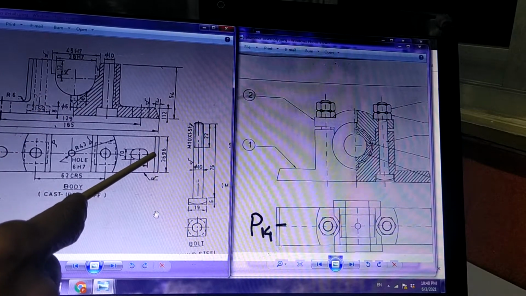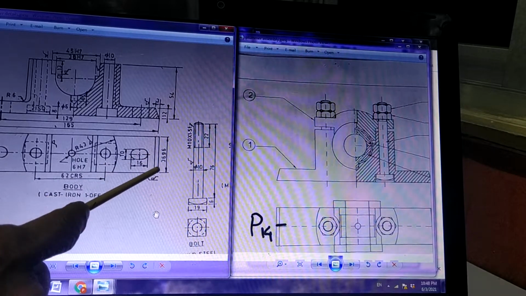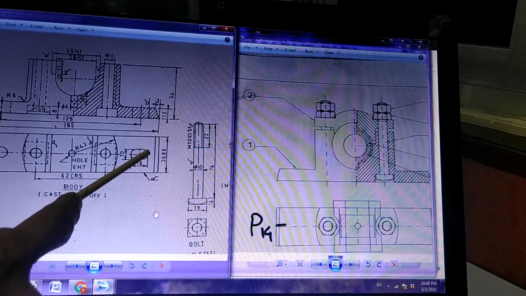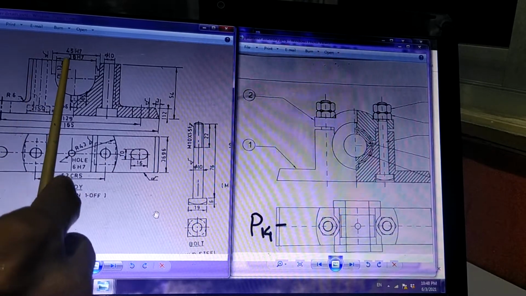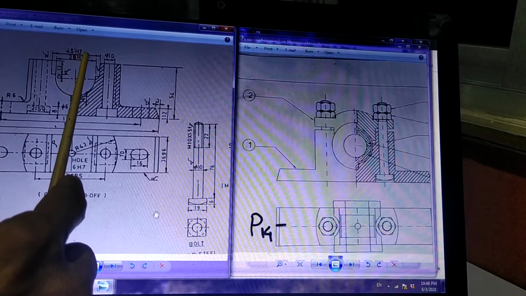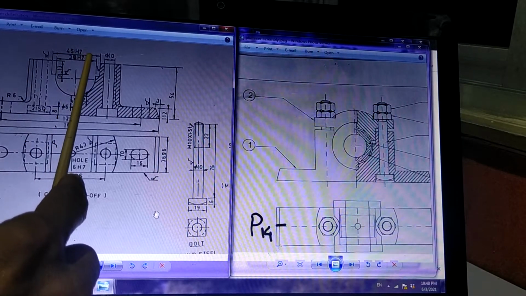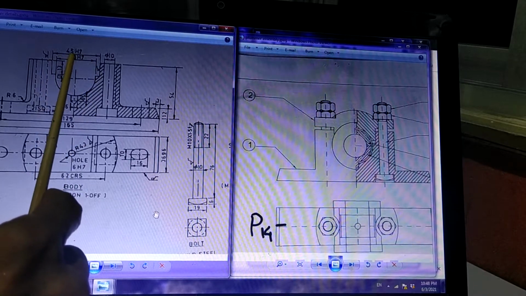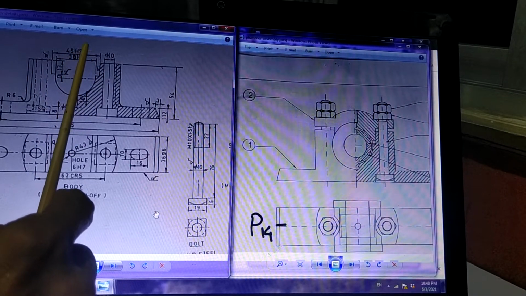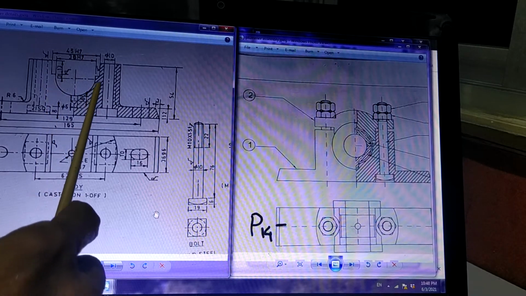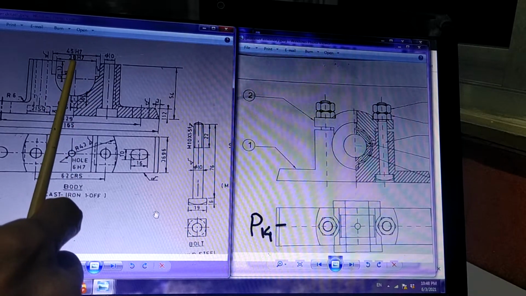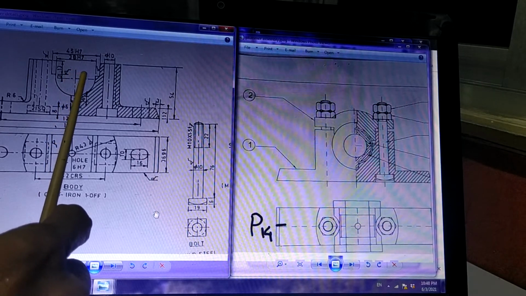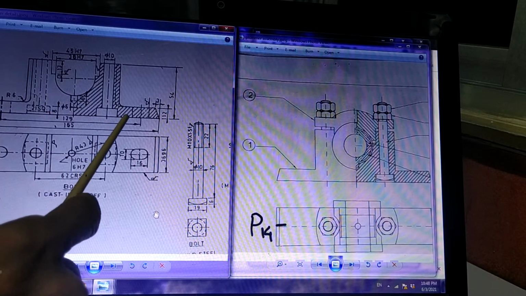If you see here 36G6, that means the width here is 36, and G6 is the tolerance provided. We have earlier learned different types of tolerances, so these tolerances are shown here. You can see 45H7, 45 capital H7. That means this cutout is giving us dimension 45, and it is given a tolerance of H7. Similarly, there is one more circular hole here whose diameter is 38, and that also is given a tolerance of H7. Okay, so this is just to be noted.